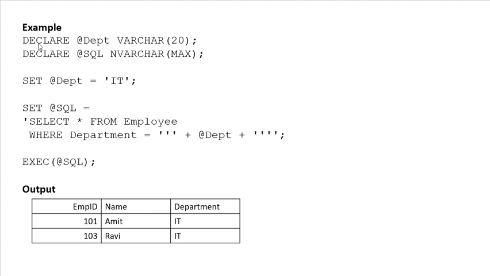An example: DECLARE @dept, which is department, VARCHAR(20); then DECLARE @SQL NVARCHAR(MAX); SET @dept = 'IT'; SET @SQL = 'SELECT * FROM employee WHERE department = ''' + @dept + '''';